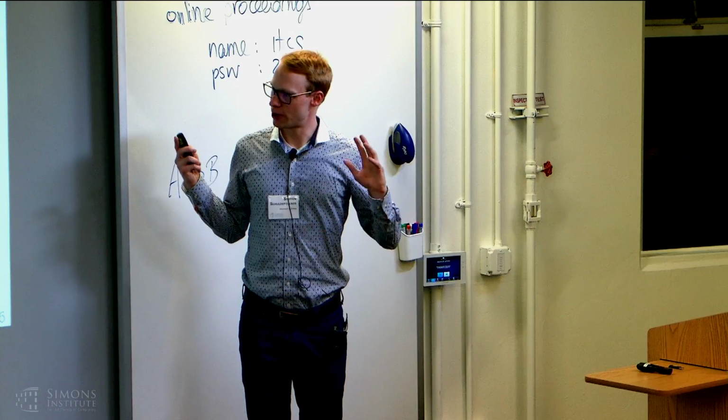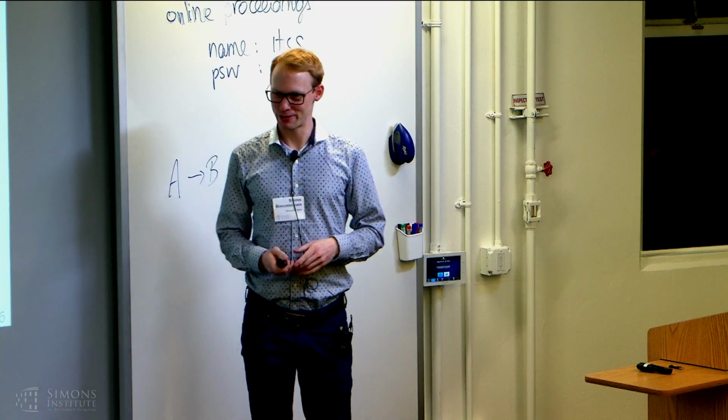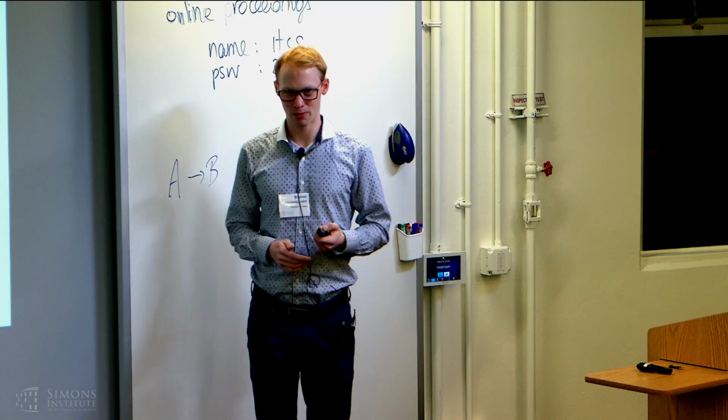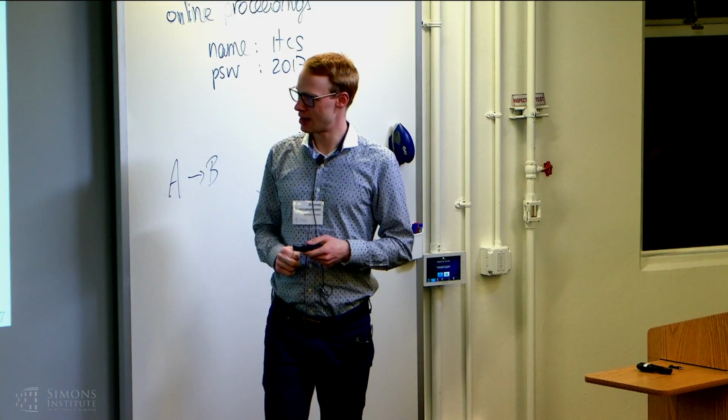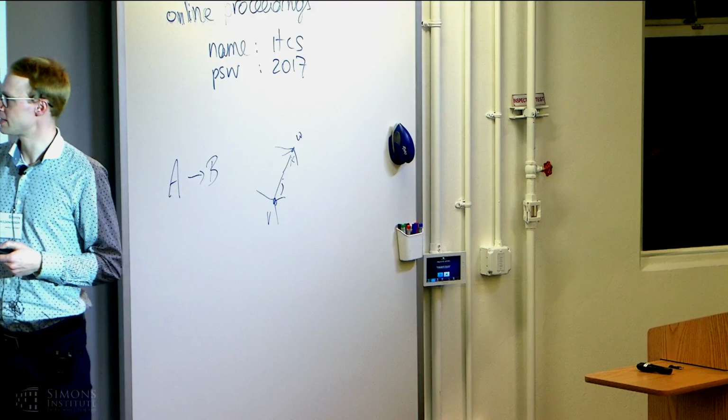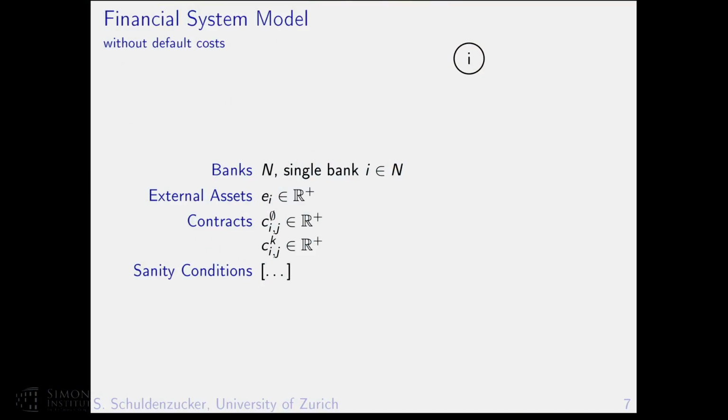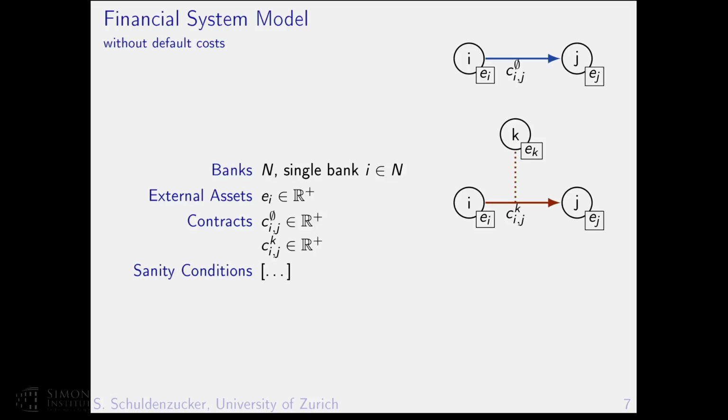Good, so I would now like to make everything formal and everything precise. So I'd like to first show you a formal model. We have a set of banks. We model single banks like this. This is going to be a picture. Each bank has some external assets which are understood as cash and which are just modeled as real numbers. For any two banks I and J, we store the total debt from I to J. And for any three banks I, J, and K, we store the notional of the CDS from I to J on K. If these contracts don't exist, we put 0.